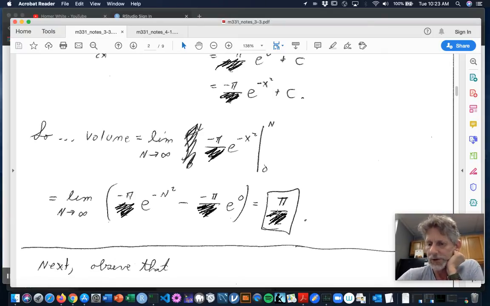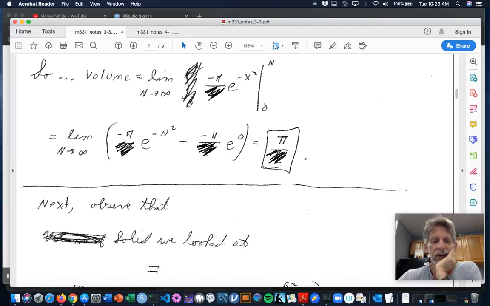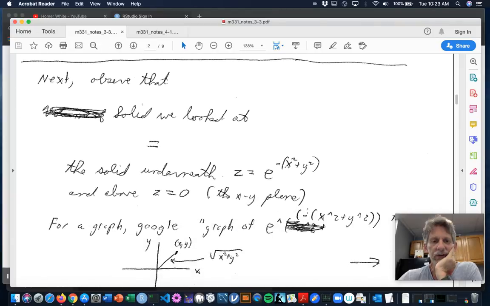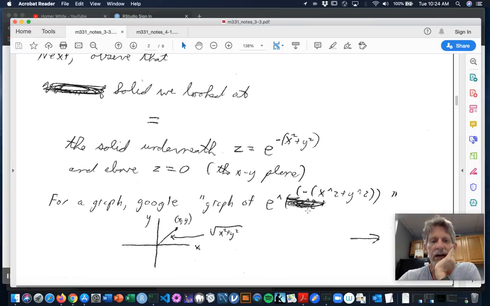Some kind of relationship between e and pi, and I guess the pi creeps in because you've revolved, kind of made circles out of things. So the next thing I'd like you to do is just think about that sombrero solid whose volume we've just found. I claim it's exactly the same solid